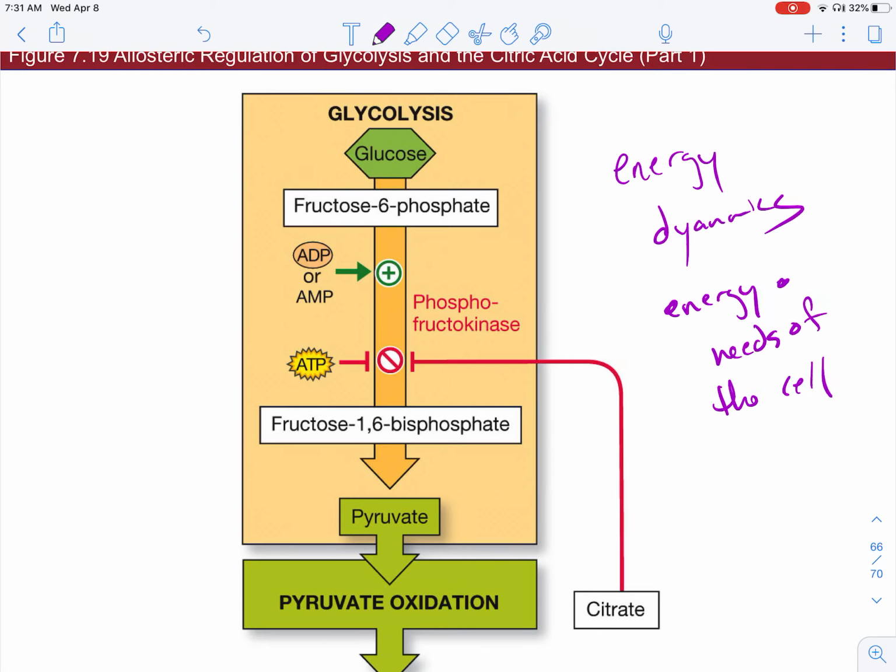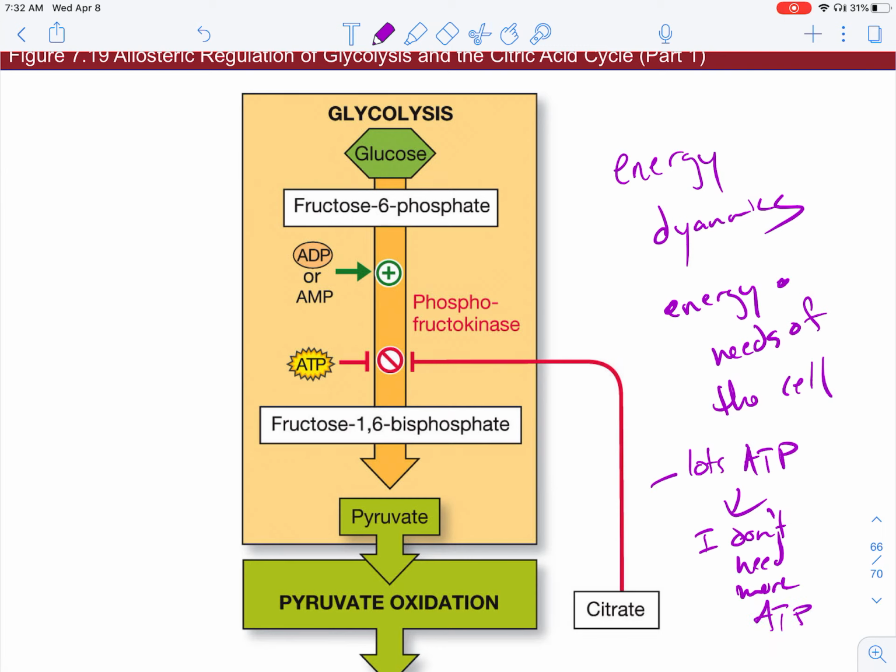And so if you think about it, if you're sitting at rest, and your cell has lots of ATP, then it's going to send a signal saying, I don't need more ATP,